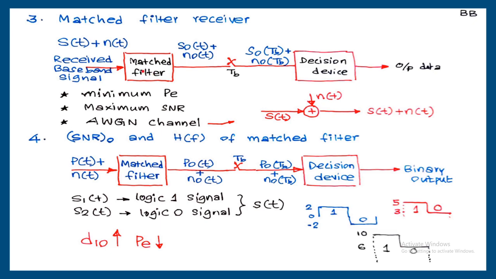Under any type of noise, optimum filter is always going to maximize signal to noise ratio and minimize probability of error. But matched filter will minimize probability of error if the input noise is only white, that is, additive white Gaussian noise. That is why the input is written S of t plus N of t, because white noise is an additive noise. Then there is a filter to minimize probability of error or to maximize signal to noise ratio. S0 of t plus N0 of t, the switch is going to be closed. You will get that discrete time signal. Based on that discrete time signal, a decision can be made. So it's written here again, minimum probability of error, maximum signal to noise ratio.